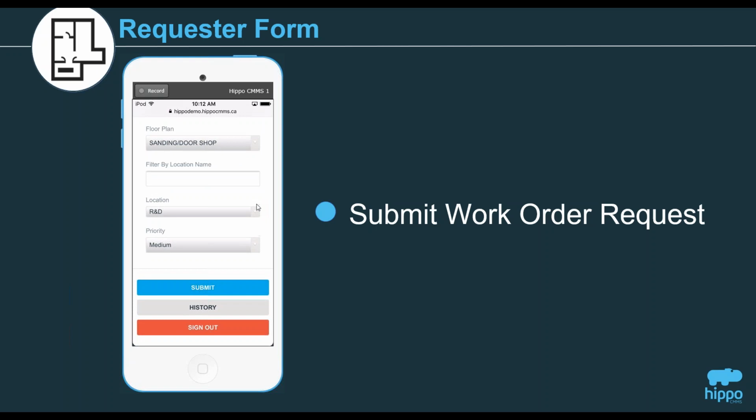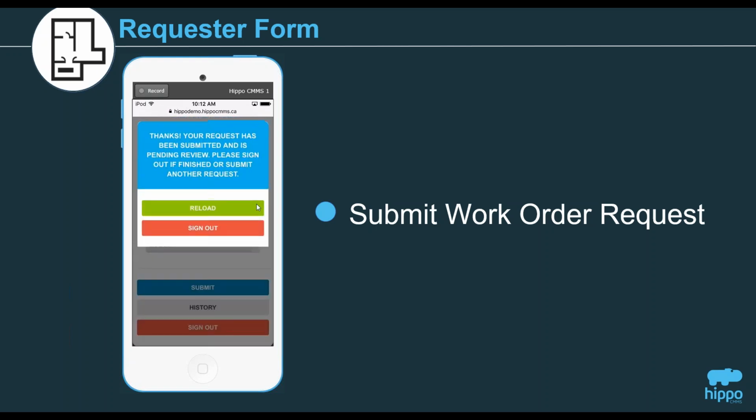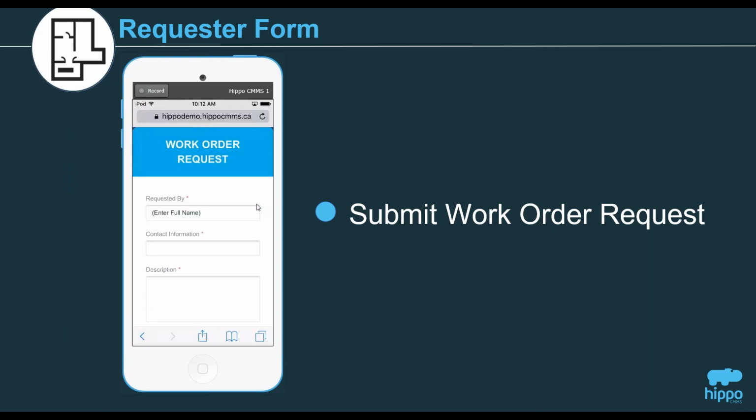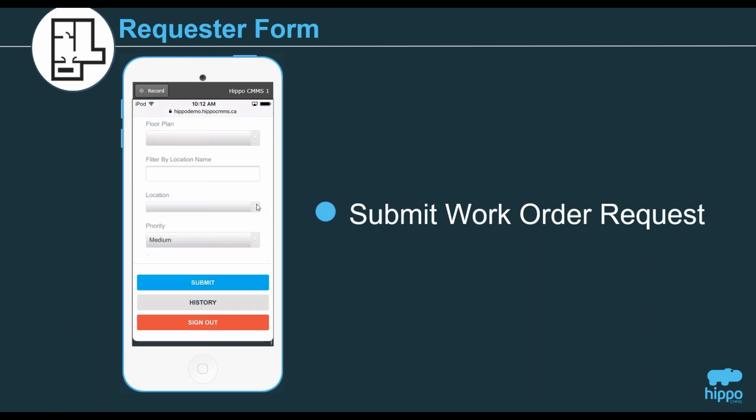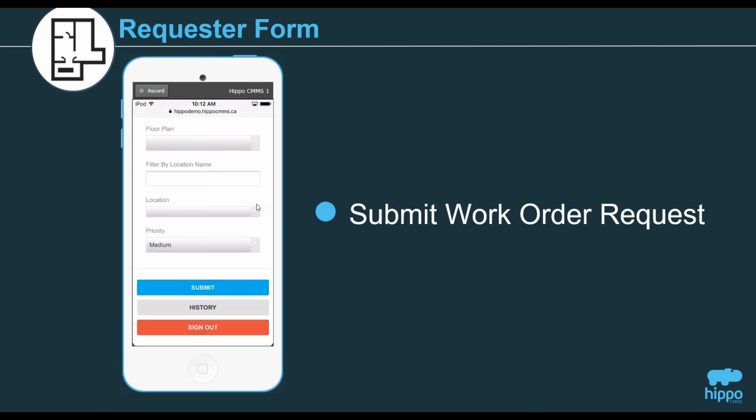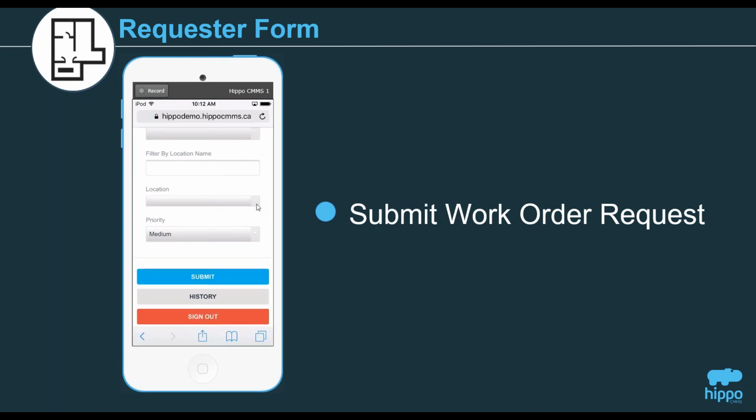So I'll click Submit. You'll get a message saying your request has been submitted and is pending review. We can either sign out, finish, or submit another request. I'll click the green button to reload. We looked at a permission earlier called Work Order Request History. That's what this gray button is down here. If I click History,